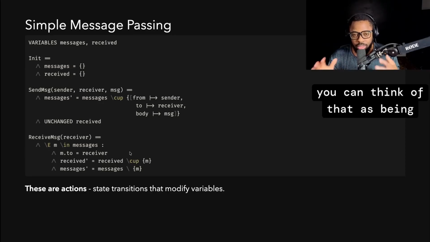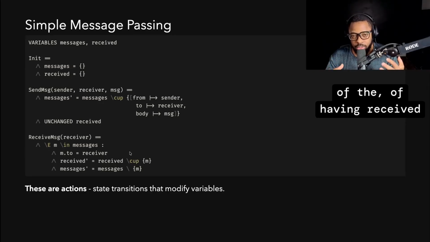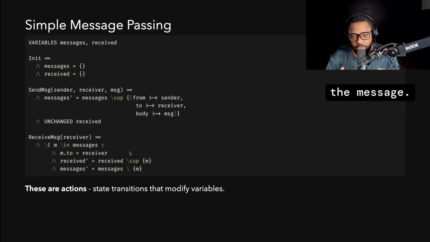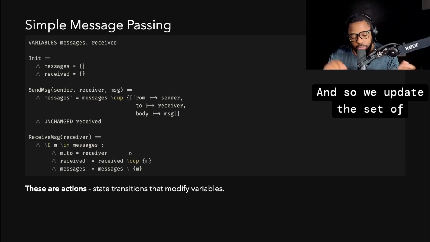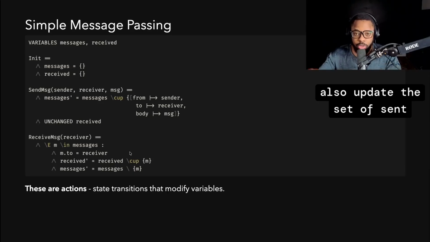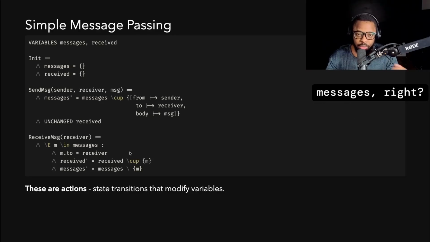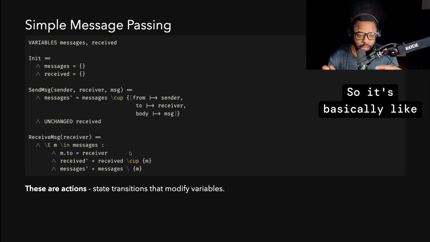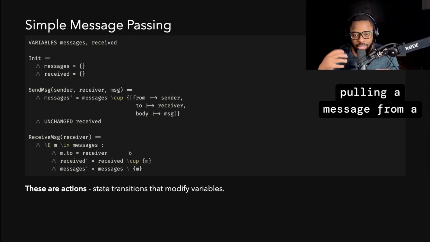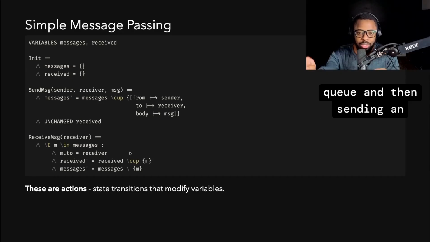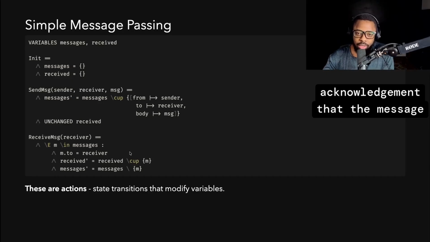You can think of that as the acknowledgement of having received the message. So we update the set of received messages, but we also update the set of sent messages. It's basically like pulling a message from a queue and then sending an acknowledgement that the message